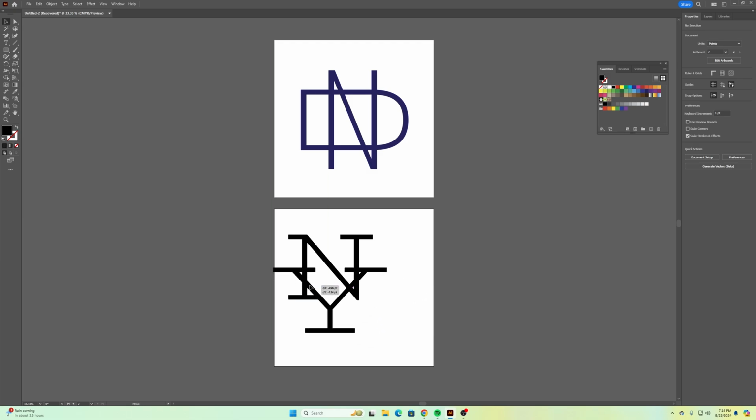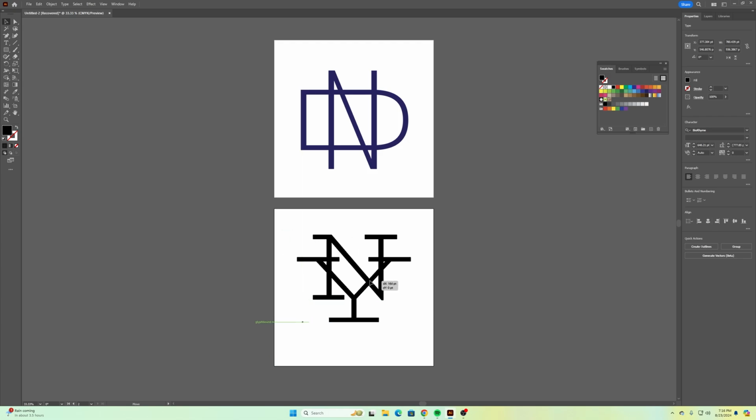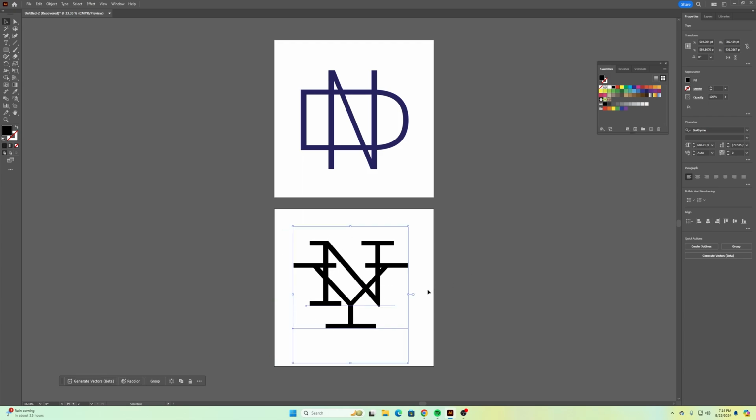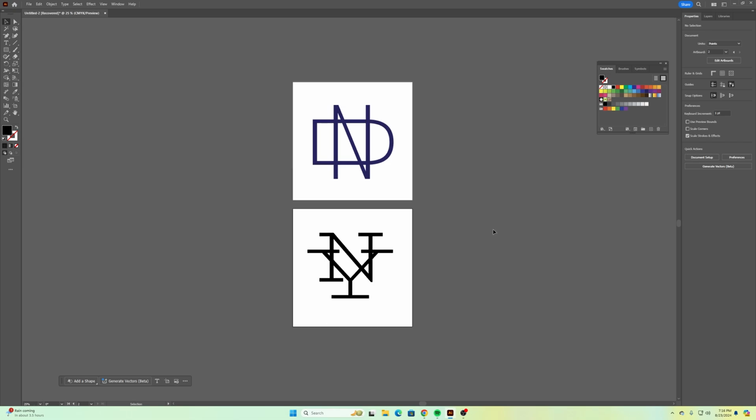That'll work well. We'll overlap these two letters like so. Center that up, and we'll bring that here into the middle. So here's another example of a typeface of another style that we could do something like that with. Okay, now for the next example of how we could combine these